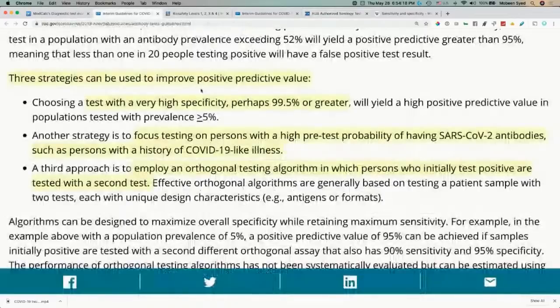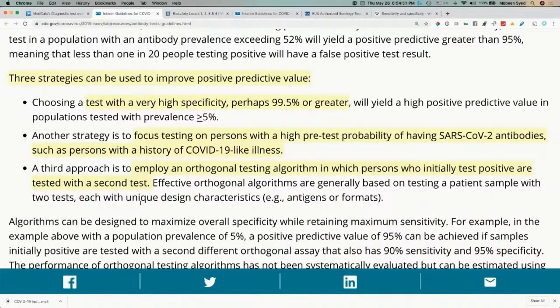So not bad. Secondly, focus testing on persons with high pre-test susceptibility. What does that mean? A person who is from the COVID-19 outbreak area or a person who has been in contact with COVID-19, their likelihood of having a positive test is going to be more compared to someone who has never been in contact with such situations. And thirdly, employ an orthogonal testing algorithm in which persons who initially test positive are